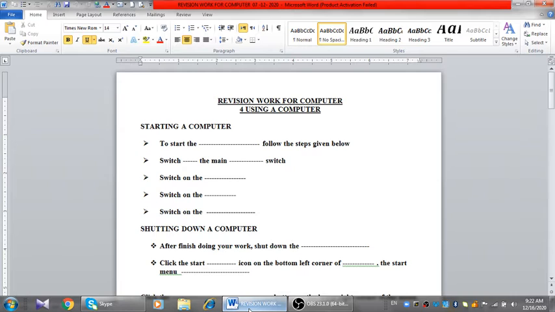Actually 5 is there, the 6th one is covering the computer, that is okay, but here it is 4 for starting the computer and 6 for shutting down. Here I am giving the extra work, that's why you are thinking this is 5 steps. So now I will explain with the answer.